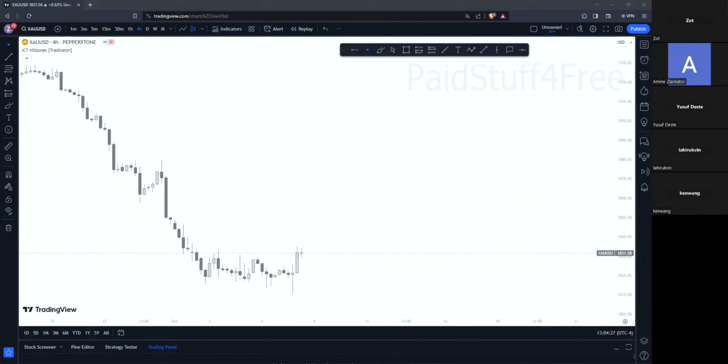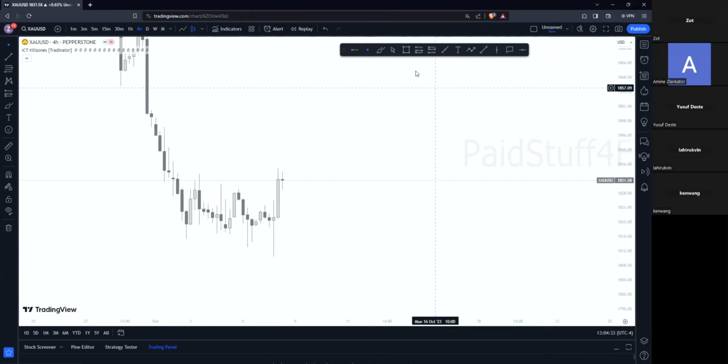So basically, we're going to cover the most basic stuff today, the boring stuff we get rid of, before we go to the important things. So first of all, you should understand what SNR is, right? SNR is basically support and resistance. S stands for support, R stands for resistance. That's very simple. But what does that mean?